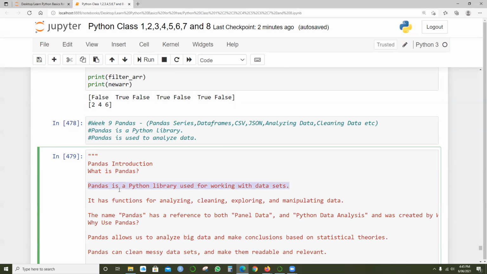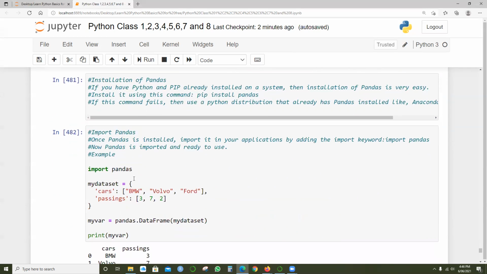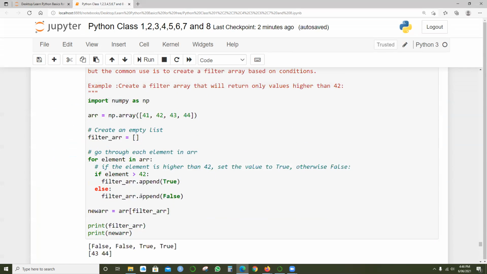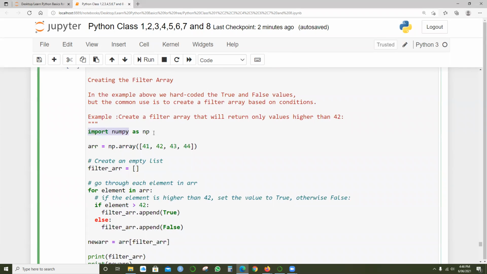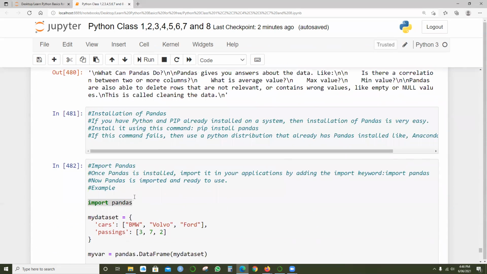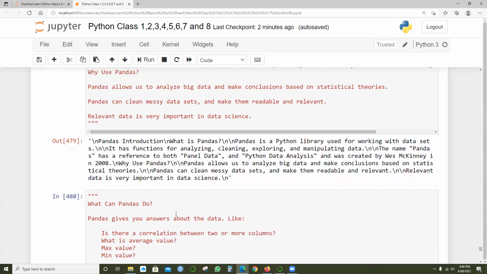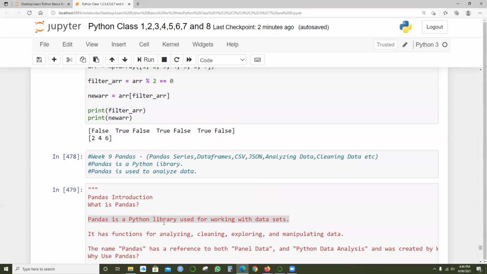We have something called a library. That's the reason we talk about import pandas, just like previously we talked about import numpy as np. This time we will use the functions of pandas. Within Python, you may have already installed it. If not, we'll discuss how to install pandas also if it is not available. We'll discuss pandas in the next session.